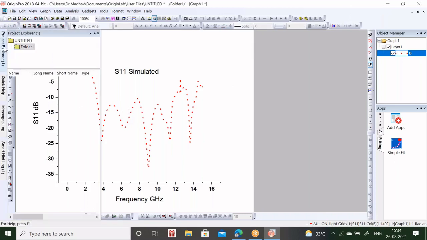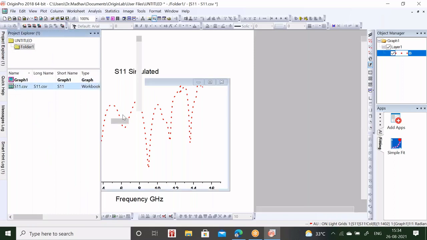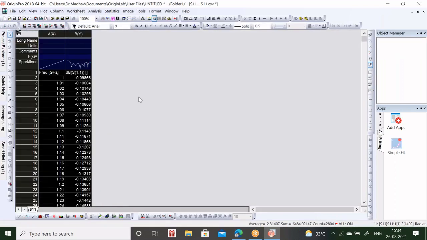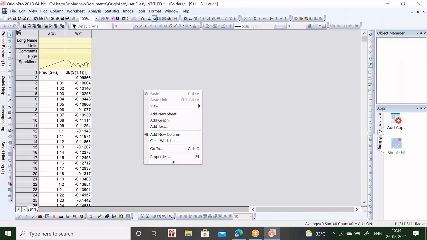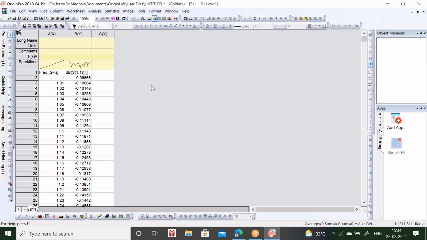Suppose you want to add some more, or draw a double y-axis. If you want to take another y-axis, then right click, add new column, take another y-axis column.